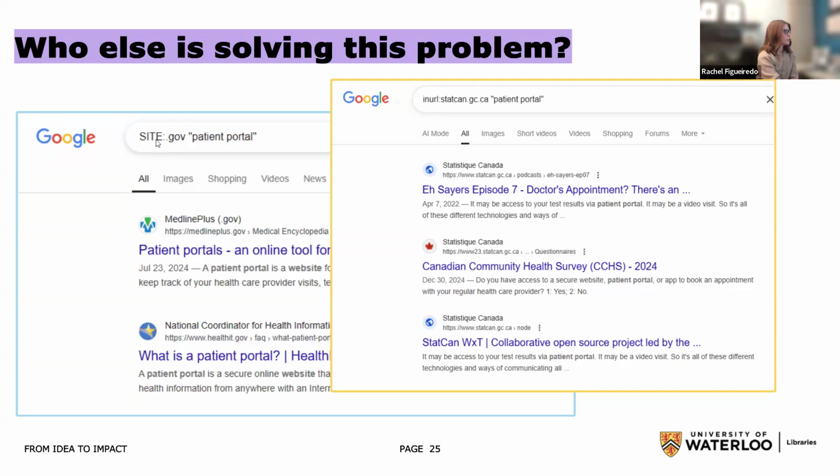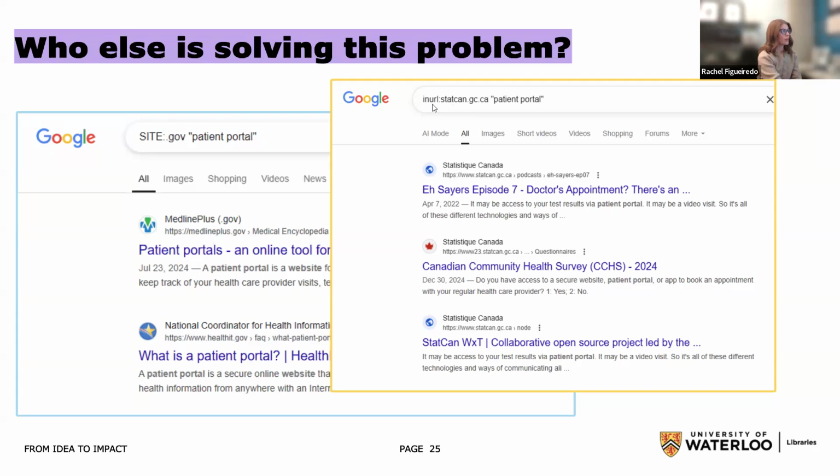So in this case, the first example here where I'm doing a site:.gov search, I'm looking for websites that end in .gov, but have this example of patient portal. Or I could switch my example to telehealth or mobile app or doctors, but using that as a way to search specifically for information coming from government websites, rather than having to wander the Government of Canada website or looking at US sites and trying to mine my way through.